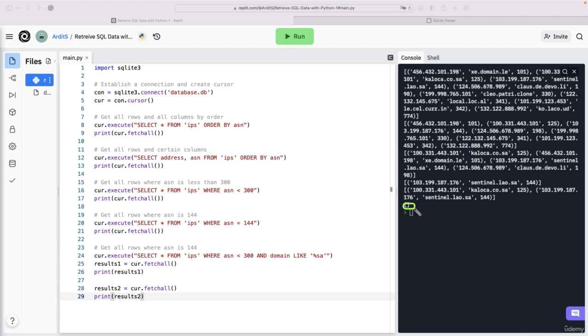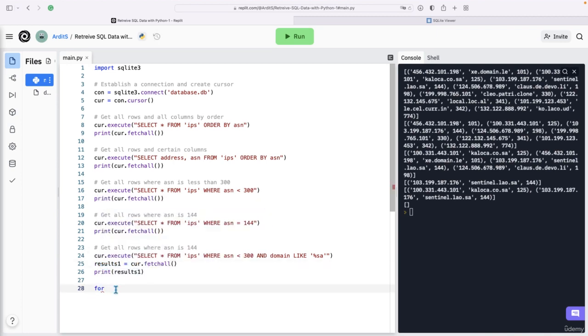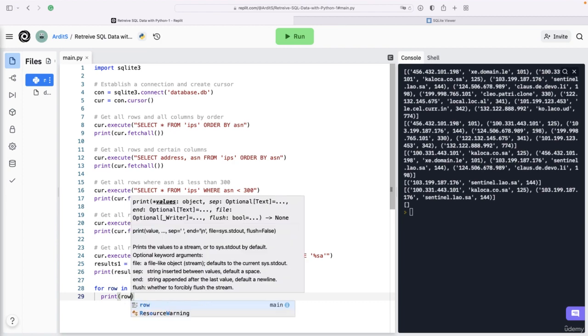So for the second print function, you'll get this empty list. That's something to keep in mind, and of course you can always iterate over the results. So for row in results, print row,